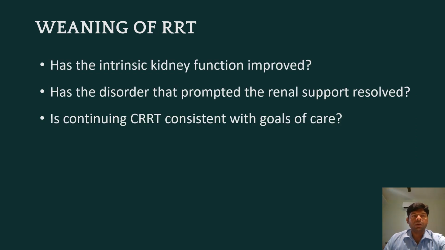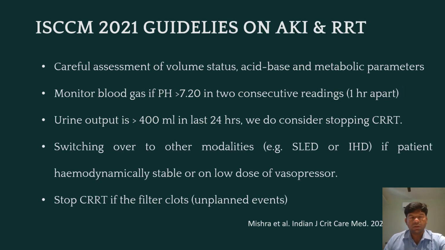How to wean? Has the intrinsic kidney function improved? You look for that. Has the disorder that prompted the renal support resolved or not? And is continuing the CRRT consistent with the goals of care? So the ISICEM 2021 guideline says to do a careful assessment of volume status, acid base and metabolic parameters. Monitor the blood gas. If the pH is more than 7.20 in 2 consecutive readings 1 hour apart, then you can think about stopping the CRRT. Urine output more than 400 ml in the last 24 hours, you do consider